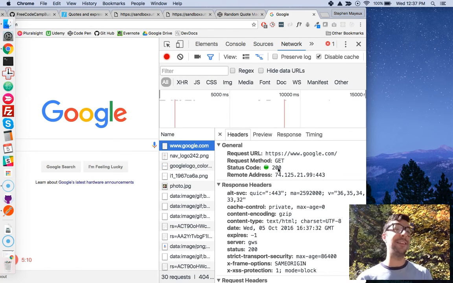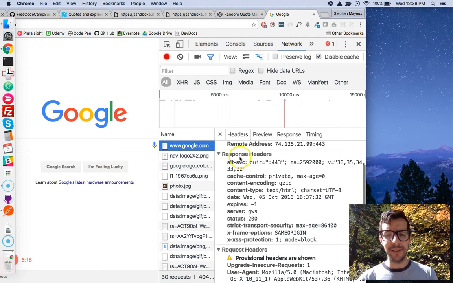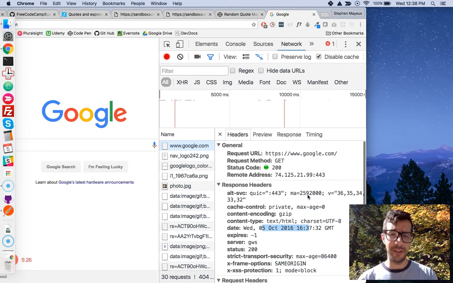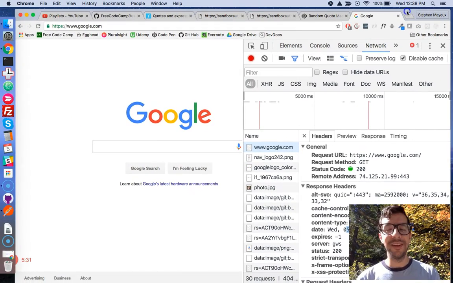It gave me a status code of 200, which means everything worked as expected. We get some header data from the response, and this is a text HTML document. It tells me when the response was sent and a whole bunch of other stuff. So that's basically how the internet works. You send a request to a server.